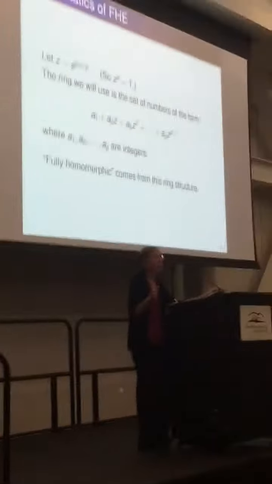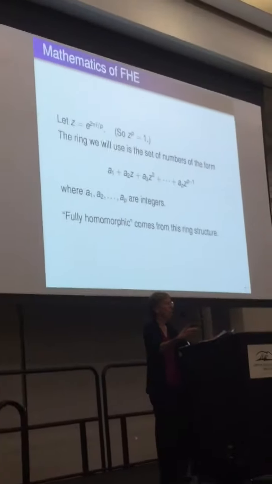So if I take two things of that form and add them together, I claim they get something of that form. This is closed under addition. Do you believe that? If you take two things,